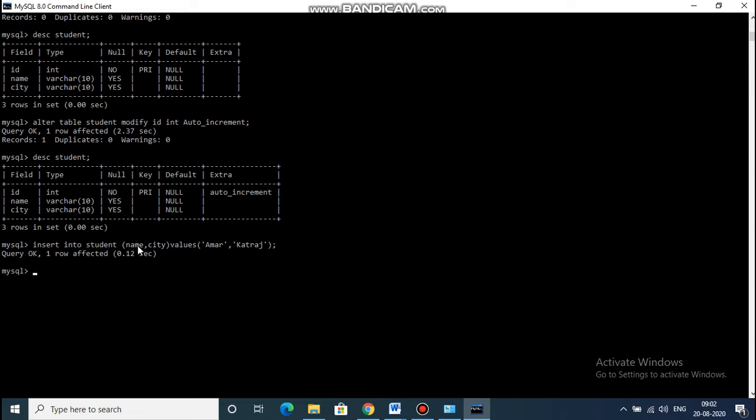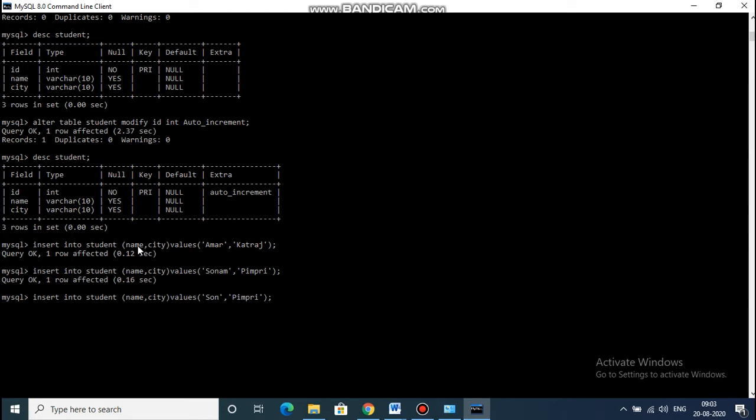This auto incrementation is there for the ID field. Again I will provide the third name, Sonam, location is Pimpri.